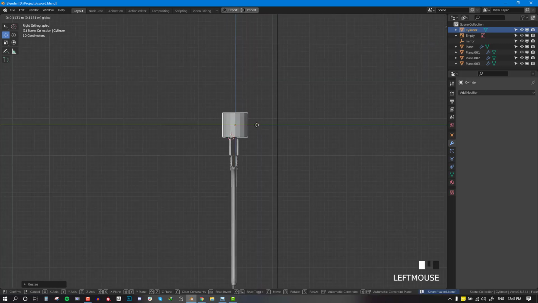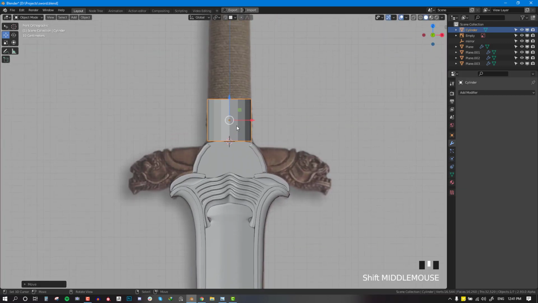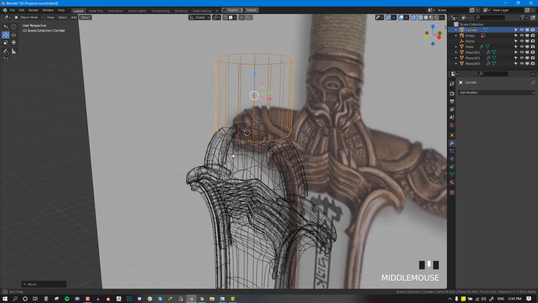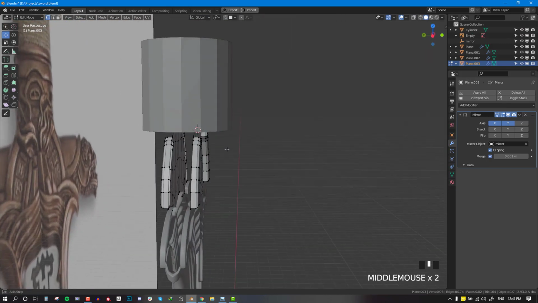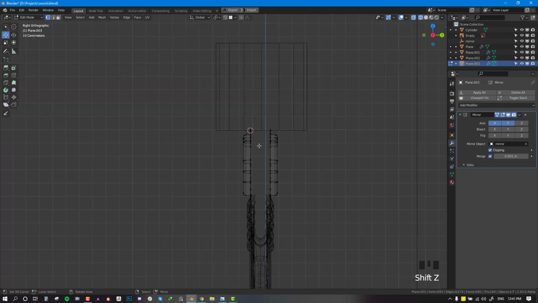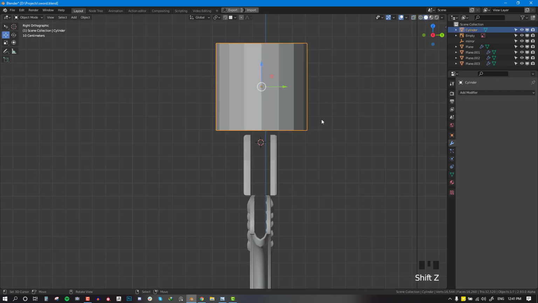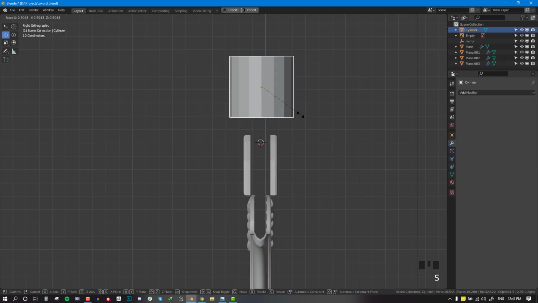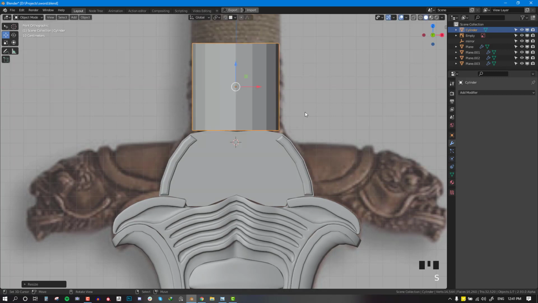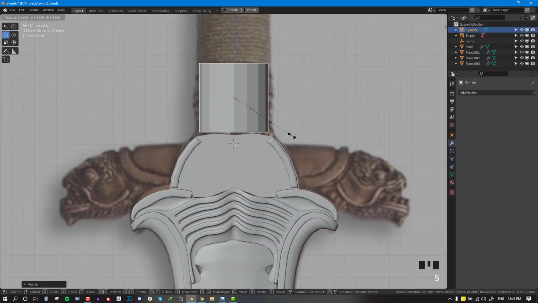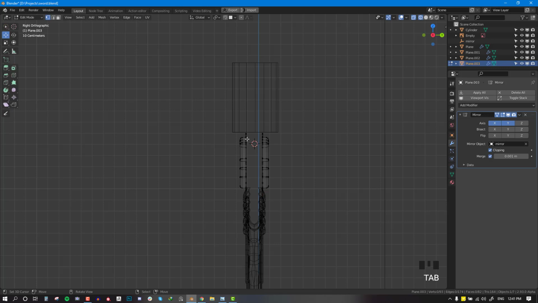Okay, so we can really place it in there. So we want to have a nice transition. So let's go to the side view. Or something like this. Okay, so we can go to the side view, and if we bring out the proportional edit and click on